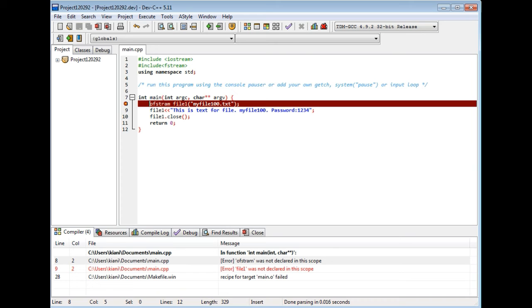File1 was not declared in this code. ofstream was not declared in this code.